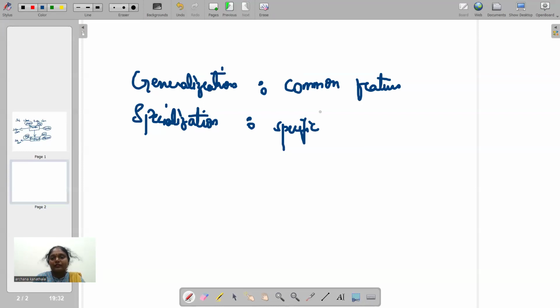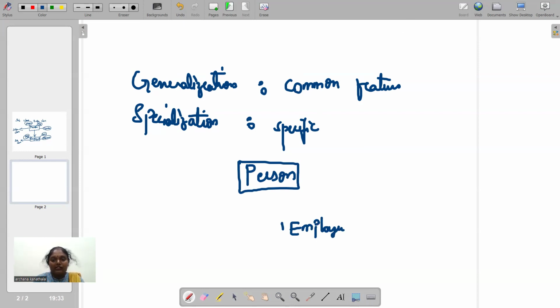Let us continue with the same example. In this context, person was an entity which we have defined, and then employee.